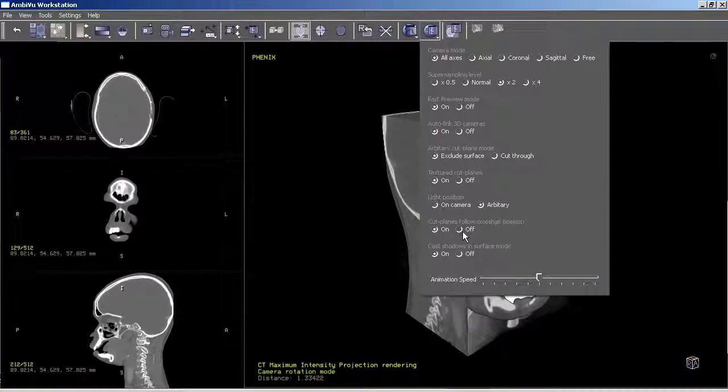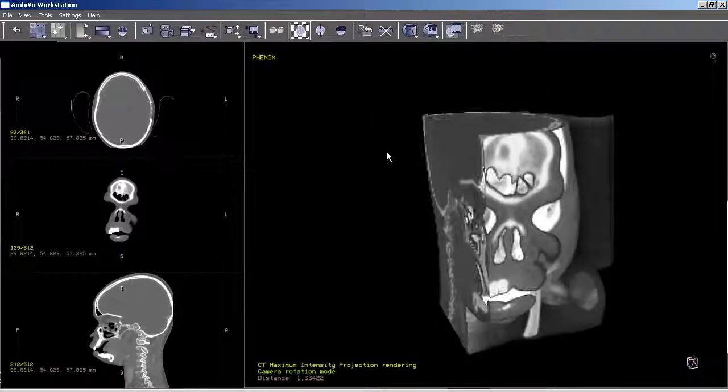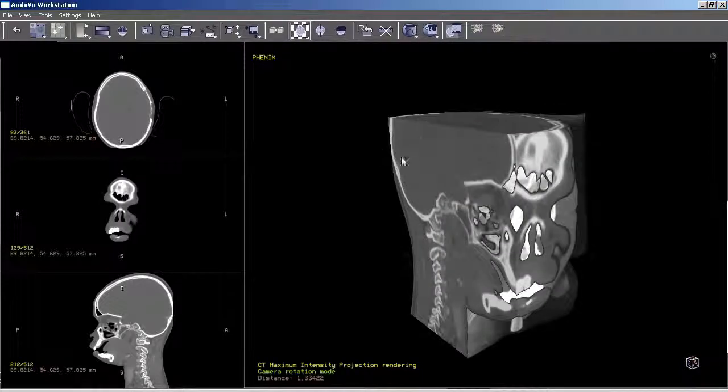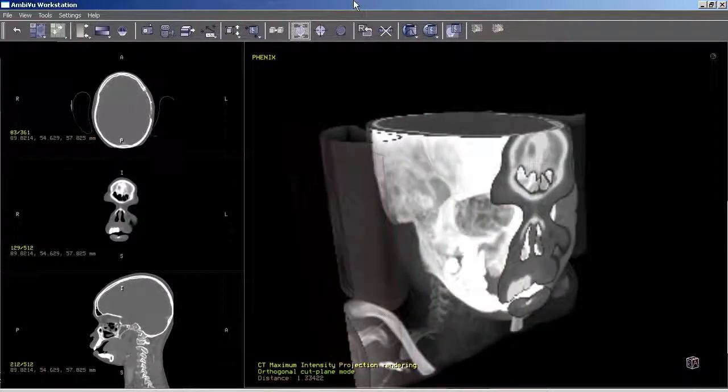Turn it off. This will cast shadows on surface mode, just adding another visual depth cue, so it's on by default, and this is the animation speed. Now, if I reset this,